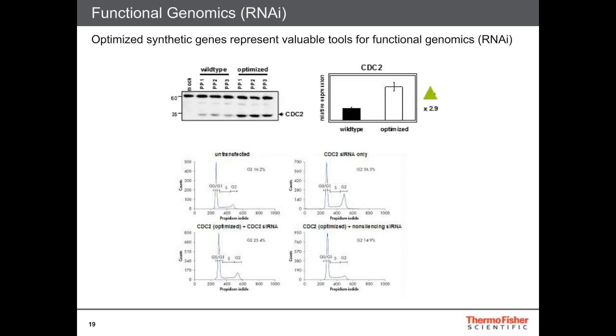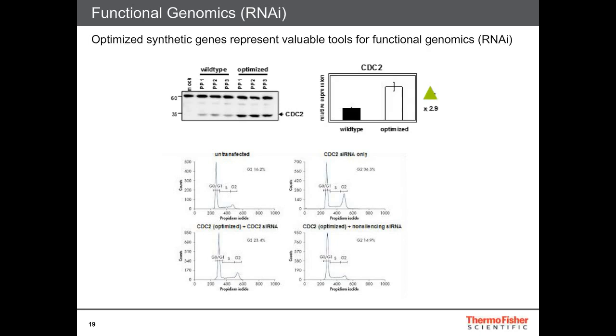So we analyzed CDC2, which is actually the catalytic subunit of the M-phase promoting factor, enabling cells to enter mitosis. First of all, we compared expression levels using a wild type and an optimized version of this construct, and we obtained an almost threefold increase using the optimized gene. Then we carried out a FACS analysis, and what is shown here on the upper left is the wild-type state, where approximately 16% of cells are in G2 phase,